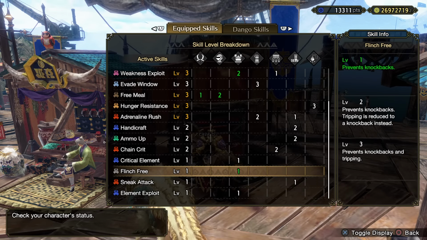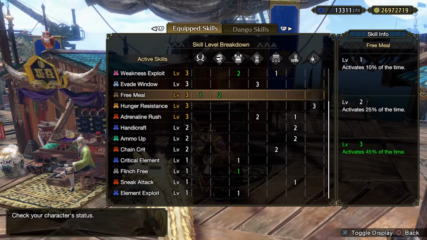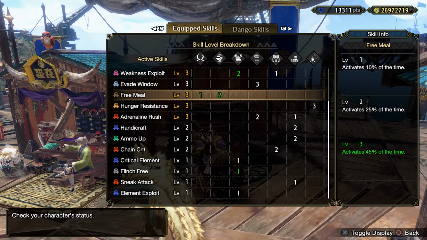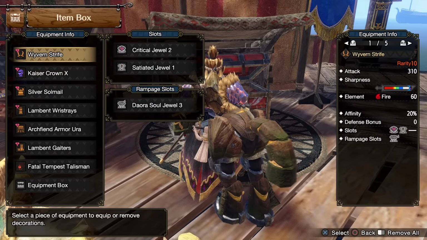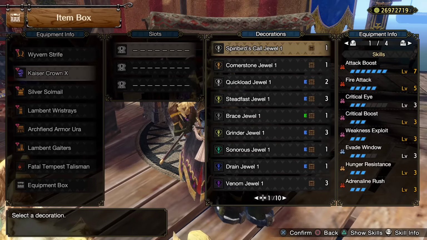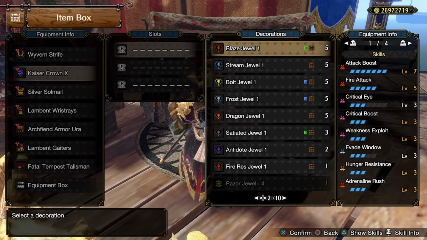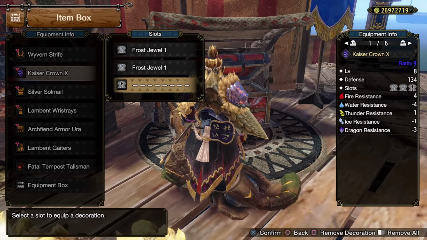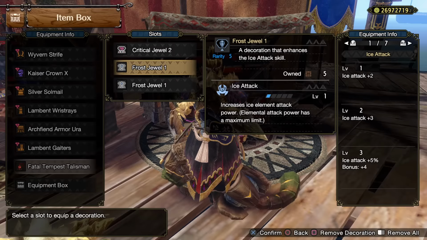I also have Flinch Free level 1 and Free Meal level 3, all from the spare level 1 slots that I had. And of course, if you want to use a weapon of a different element, all you'll have to do is remove these quality of life skills and add, let's say for example, Frost decorations to get Ice Attack level 5. And there you go,